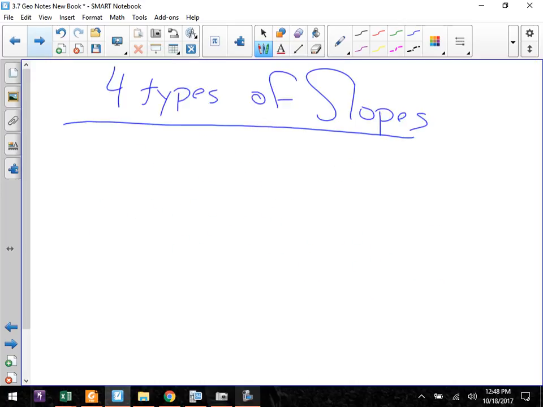The easy ones are these: positive, negative. We'll talk about the other 2 here in a second. Now, when you're finding slopes, slopes are always some sort of a fraction. Do you guys agree with me on that? Okay. Now, the easiest thing to think of when you're talking about slopes, when you're looking at fractions, is that